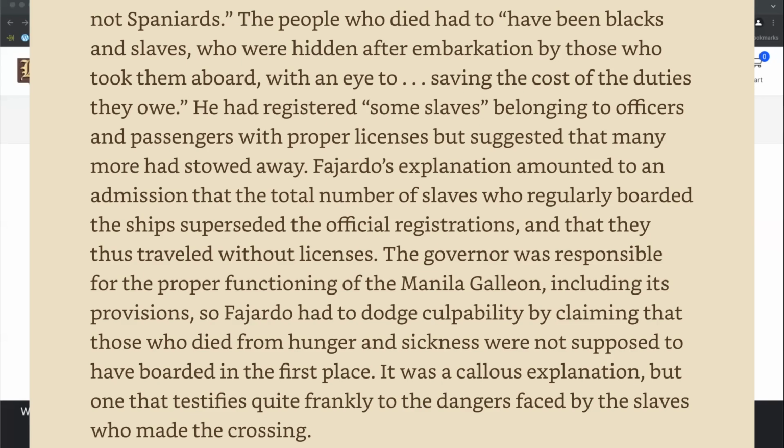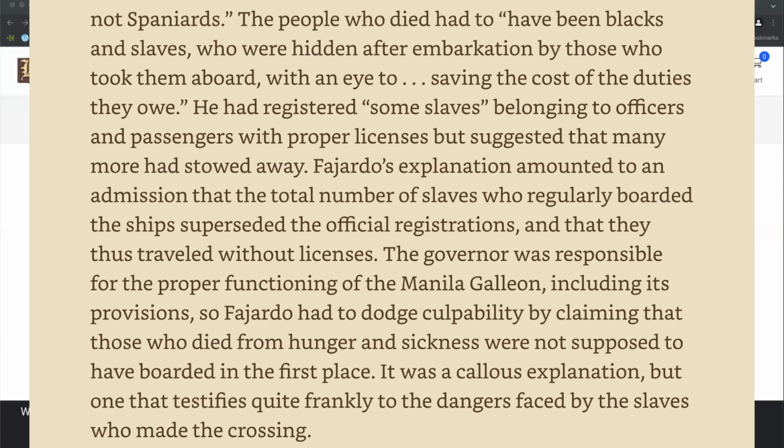He had registered some slaves belonging to officers and passengers with proper licenses, but suggested that many more had stowed away. Fajardo's explanation amounted to an admission that the total number of slaves who regularly boarded the ships superseded the official registrations. There were actually more people, more slaves than they actually wrote down, guys, and that they thus traveled